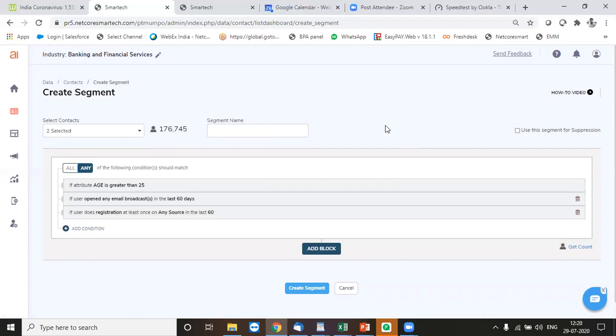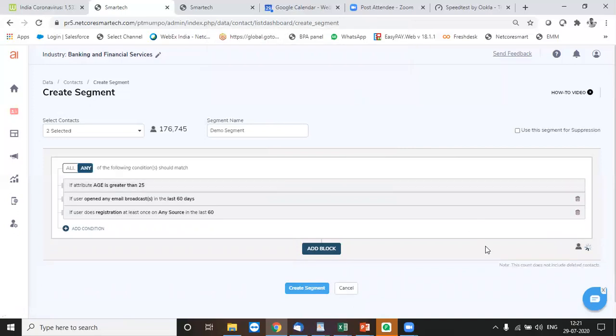Okay, so I quickly added 3 of my conditions. Now people matching any or maybe all of these conditions, I can extract them if they are available. I can define a list, a segment name. And here basically I get a count also.